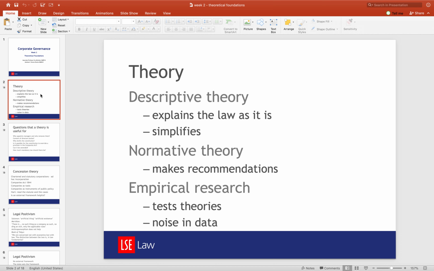So there are normative theories and they make recommendations. They usually start out with looking at the way things are at the moment and then go on and develop recommendations from some theoretical basis to say what should change. And then there's empirical research, and that is looking at the reality. And empirical research tests the theories,